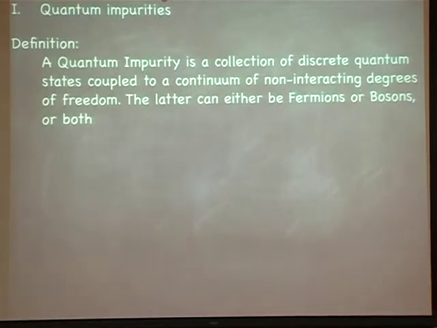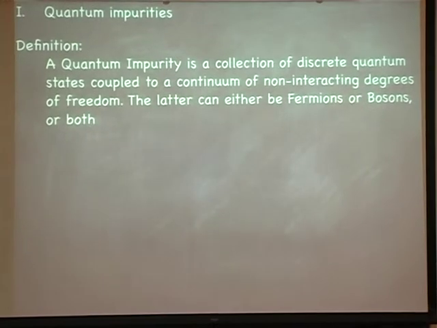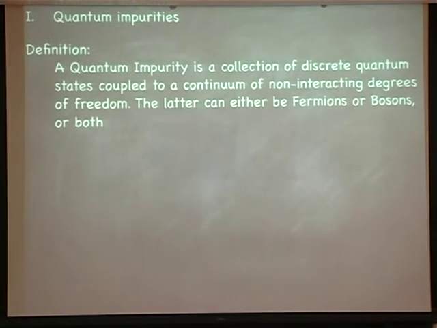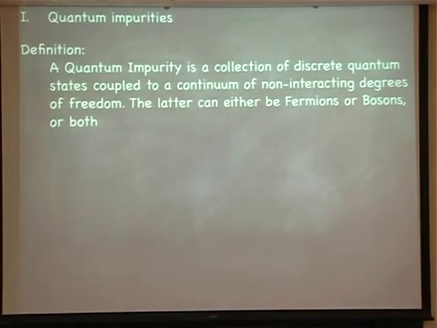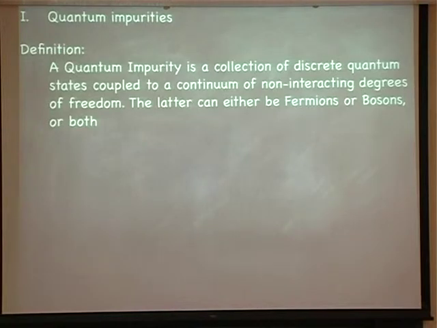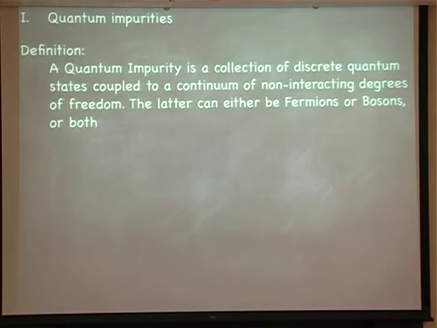And the latter, those non-interacting degrees of freedom, can be either fermions or bosons. Or they can actually be both. That's the most complicated situation you can have. And that's the one that might become interesting in the context of what Antoine referred to. If you want to include longer range bosonic modes into your fermionic DMFT, that's the extended DMFT, you actually need a combination of those both things. Well, so that's the working definition.